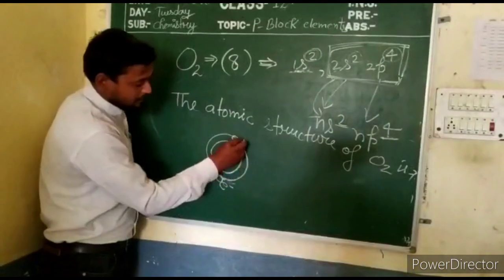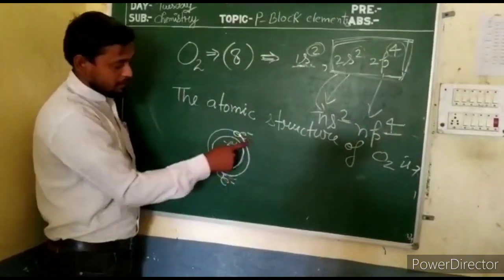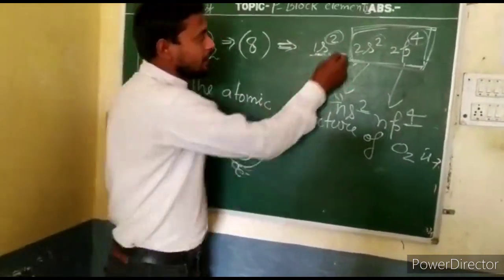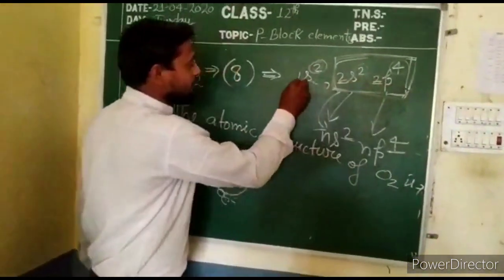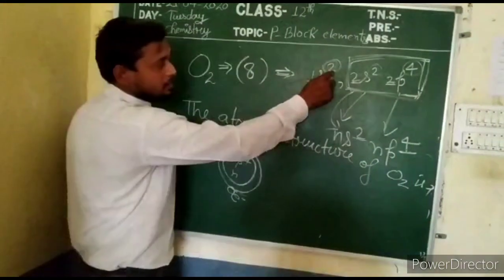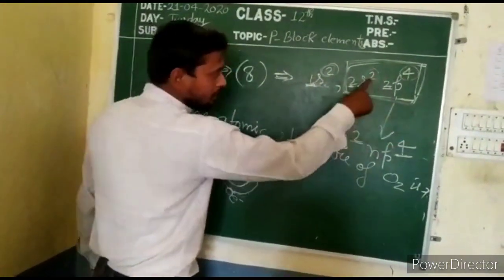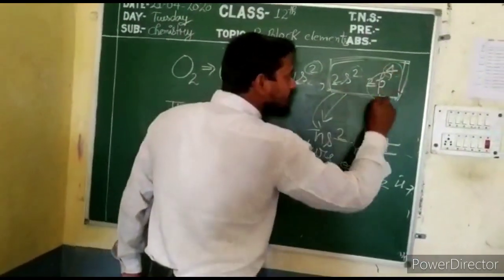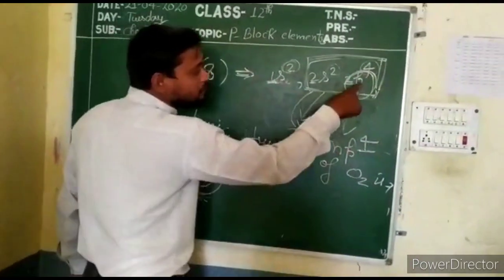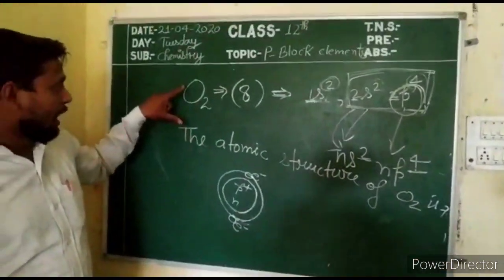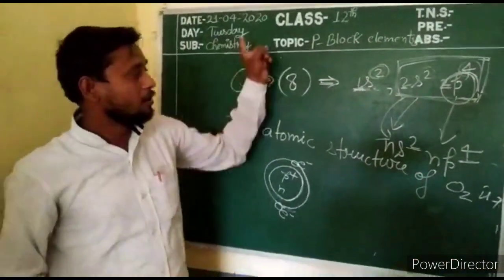Electron symbol like this, electron has a negative charge, we know that. And the second one is the second shell. 2 indicates the first orbit has 2 electrons and the second orbit has 2s2 2p4, that is 6. There are 6, and this p denotes that this atom, oxygen, belongs to that